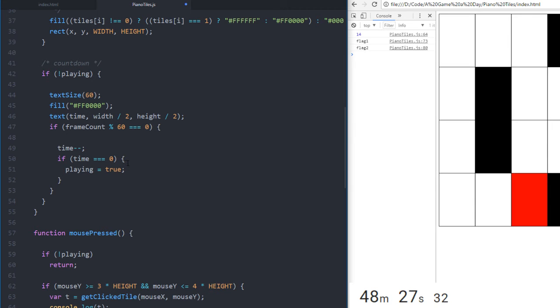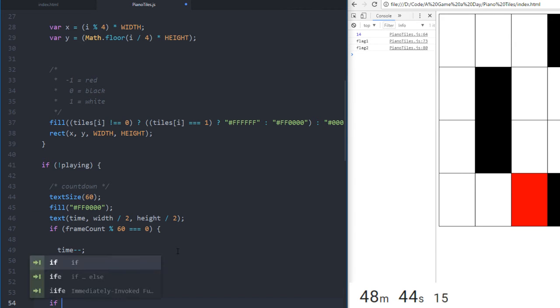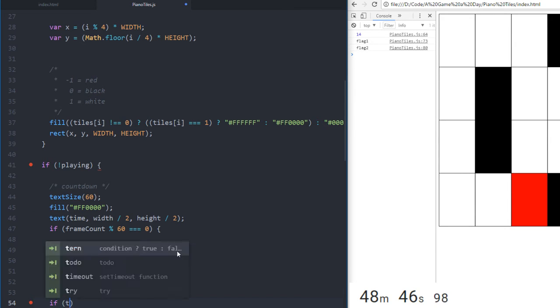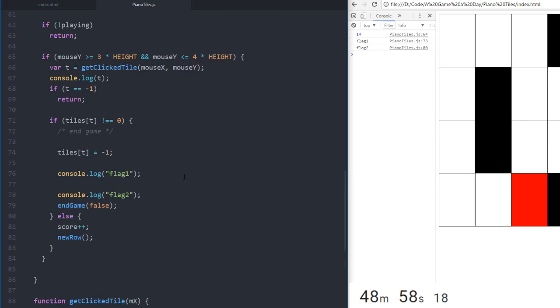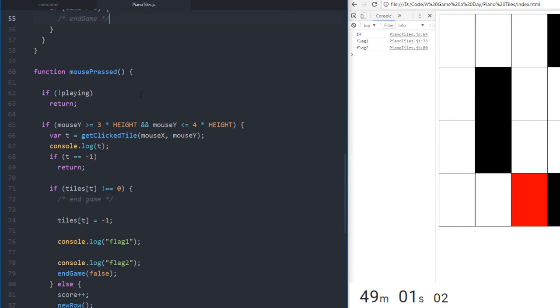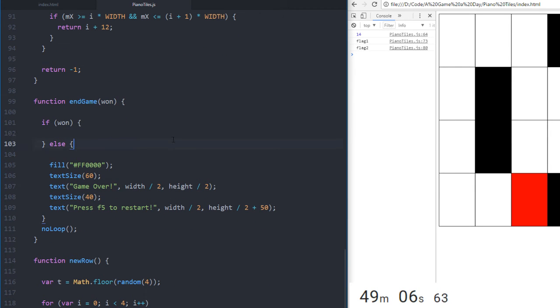So, we need to move this here. Countdown. If time is greater than 0, then we will say end game. And then this is when we will say whether they won or not. See,